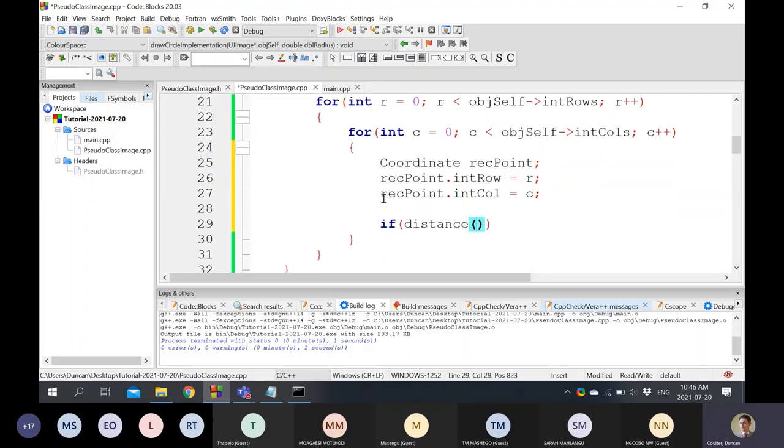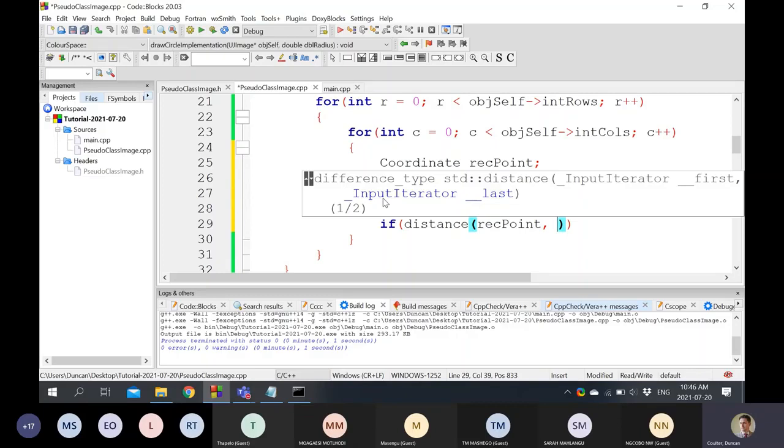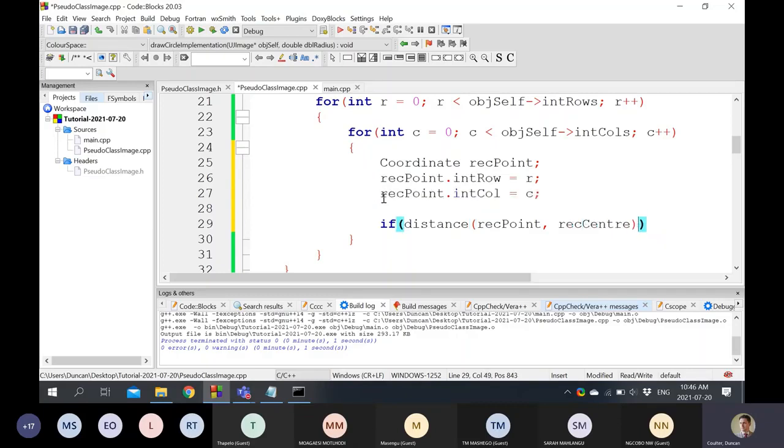Okay, so if the distance between our points, doesn't matter which order you do them, distance is the same in either direction, rec point and the center is less than or equal to the radius,